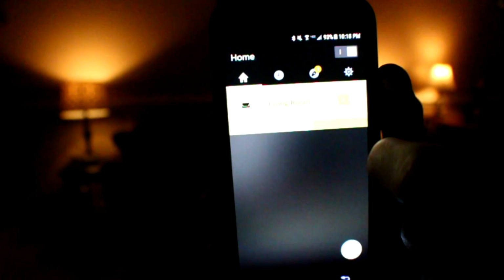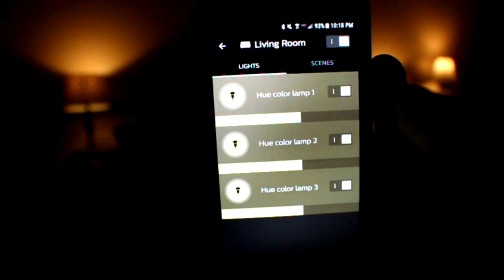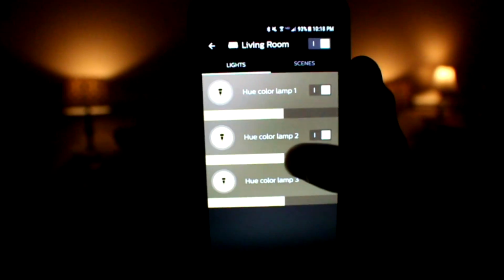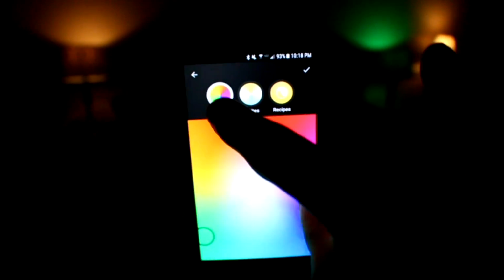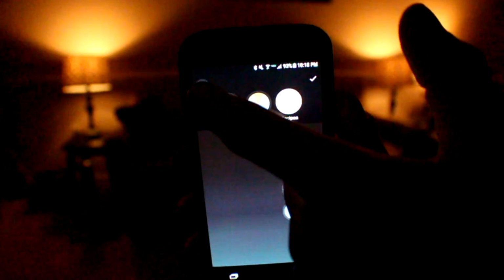The one I'm really interested in and going over here for this app is the one here in the living room where you control the individual ones. So you click the title of the room. Now if I wanted to change just one light, I can. Let's say I want to change this one. I want to change the color of just that one guy. So there. Now you got one guy who's green. You can see in the background there. But what we'll do is we'll just go back to our...